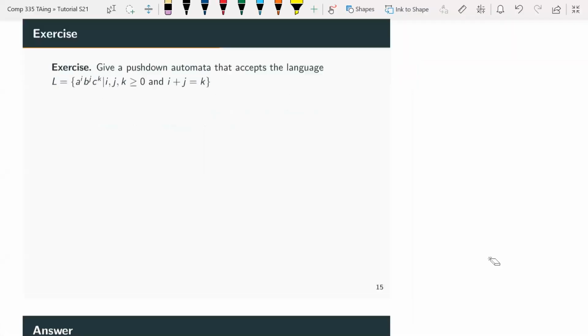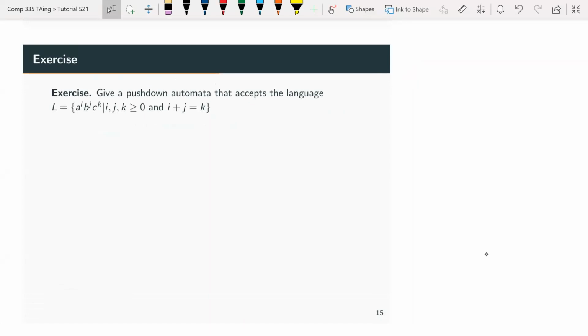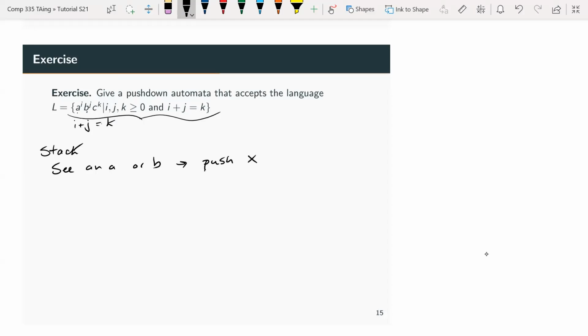Okay. Sorry about that. So what's the idea here? We want to give a PDA for the language L, where we want to accept the language of the strings a^i b^j c^k, where i plus j equals k, in other words, the number of A's plus the number of B's is equal to the number of C's. So what's the idea just in terms of stack? Very high level, if you see an A or a B, you're going to push, let's say, an X. So you're going to keep pushing X's. And then if you see a C, you're going to pop X. And at the end